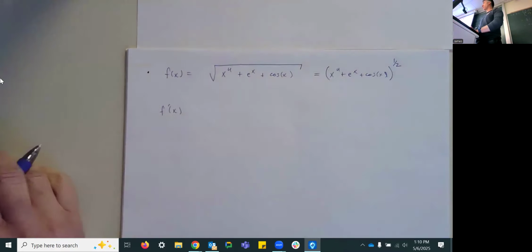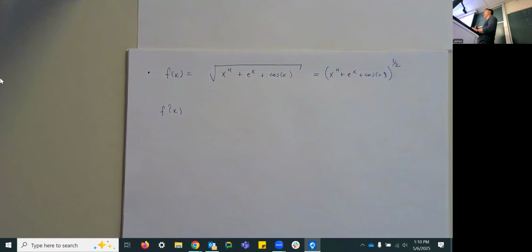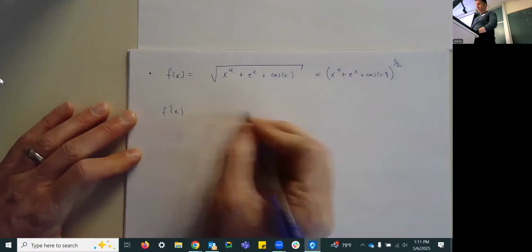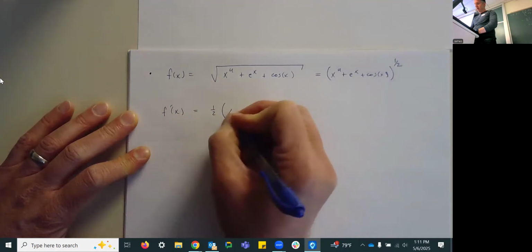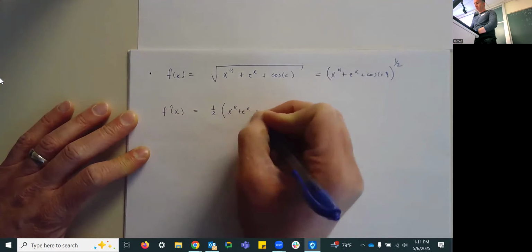The 1/2 power. So if you're taking the derivative of a root of something, it's almost always in your interest to rewrite it as that something raised to a power. So if it's a square root, it's a 1/2 power. If it's a cube root, it's a 1/3 power, and so on and so forth, right? If it's an nth root, it's a 1 over n power. So in this case, our derivative is going to be 1/2 times all that stuff left alone